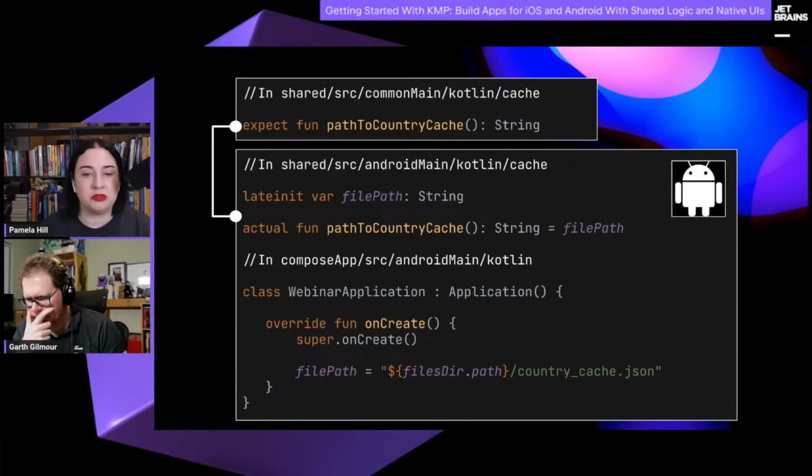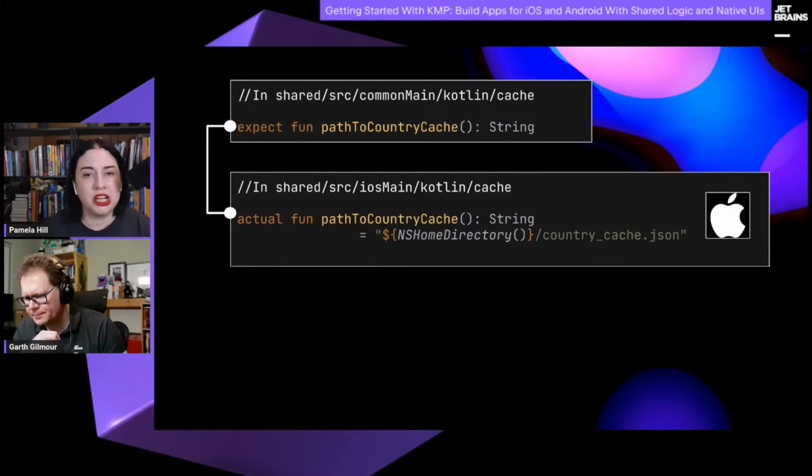So whenever we start up the application, the onCreate function will be called by the system, and file path will be set to the context files dir path / country cache.json. So that last section is just a made up section name. It's the files dir.path that is the user directory path of the Android system. For iOS, things are so much easier. This is because we can just use ns home directory / country cache.json in order to implement the actual fun